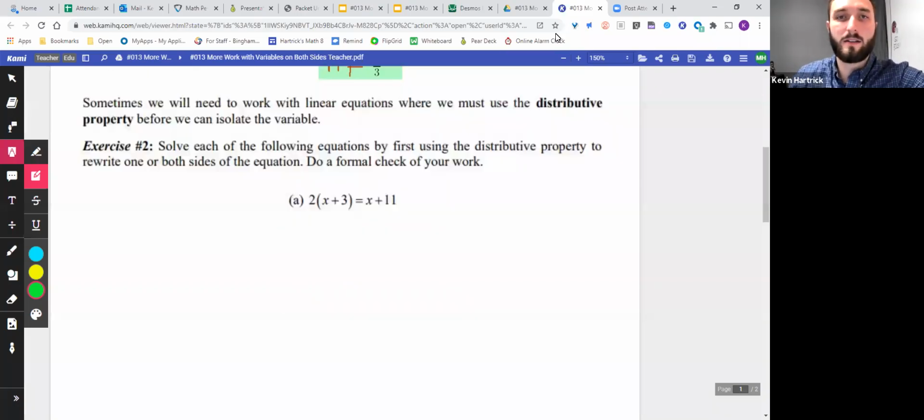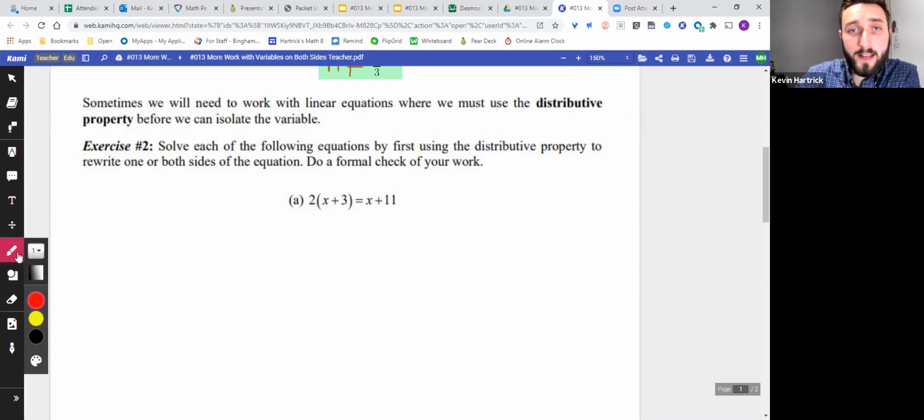All right, so now we're going to take a look at some equations that have the distributive property in them. So sometimes we will need to work with linear equations where we must use the distributive property before we can isolate the variable. So exercise 2, solve each of the following equations by first using the distributive property to rewrite one or both sides of the equation. Do a formal check of your work. Okay, so